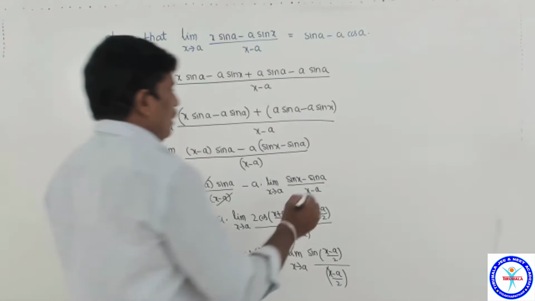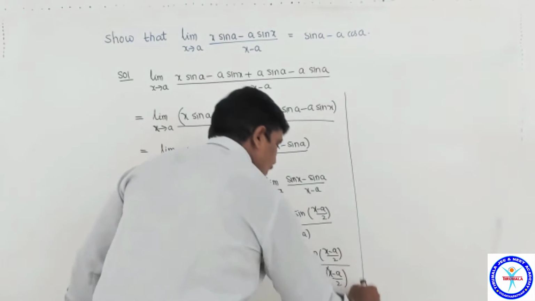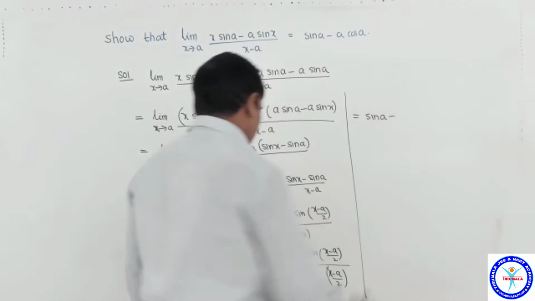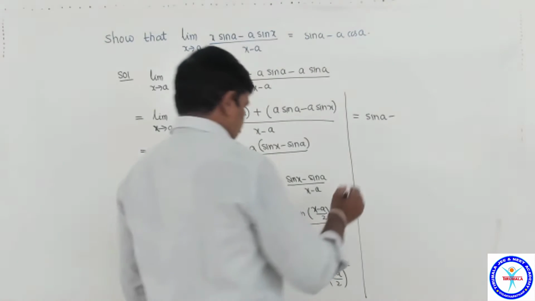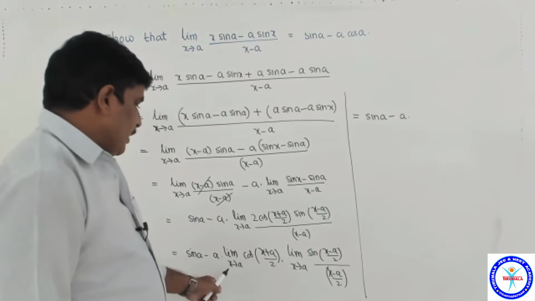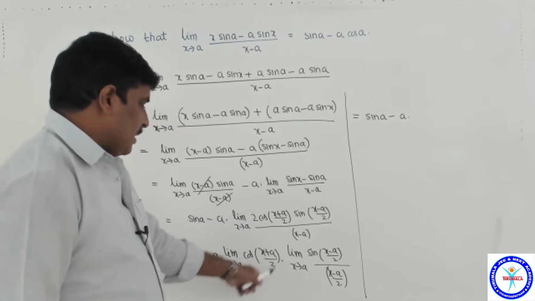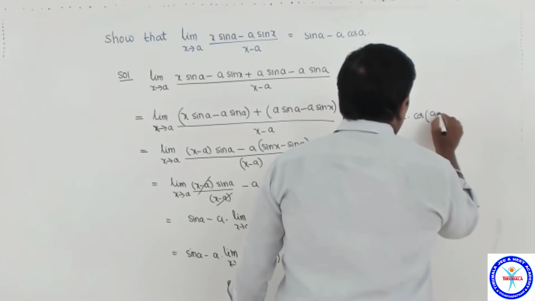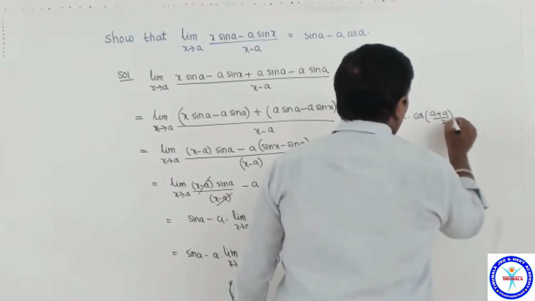Now this is equal to sin a minus a into limit x tends to a, cos of (a plus a)/2, cos of (a plus a)/2